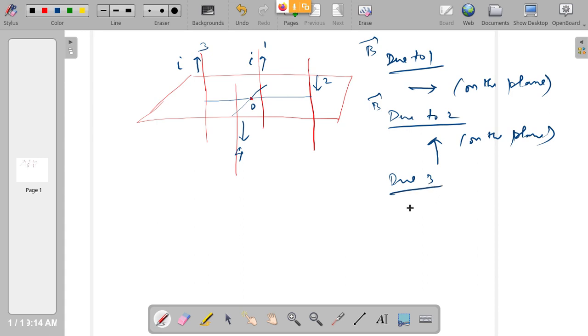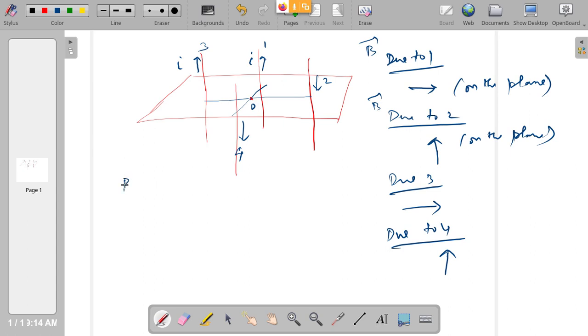due to 3 if you write, again third wire, current is going up, magnetic field will be to the right, because you have to hold it with your thumb in the current direction, then curling the fingers, 4 fingers will be pointing to the right at O, this is at O, all we are writing at O, origin. So finally due to 4, again if you do, current is going down, magnetic field is going to curl, that is like 2, this is going to be like 2. So 2, 1 and 3 are in the same direction, 2 and 4 are in the same direction.